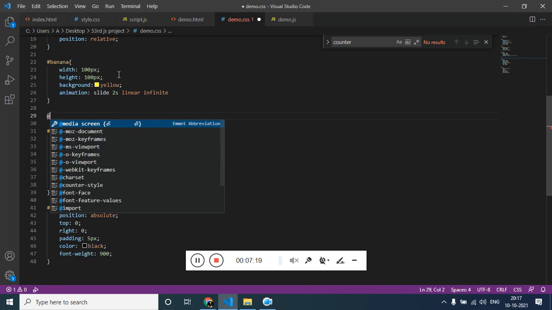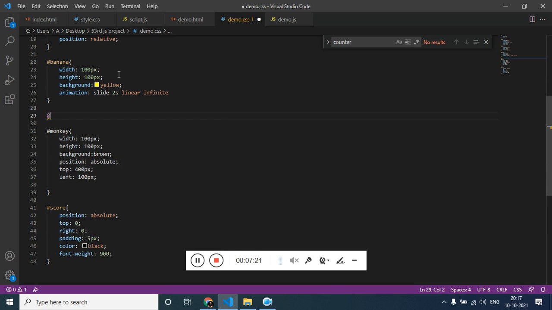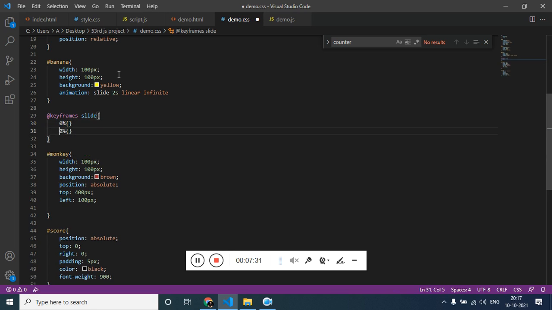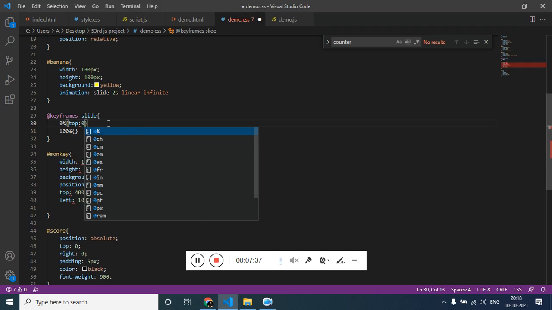So let's define the animation with at the rate keyframes, then on 0th time and on 100th time frame. So starting from top of 0 and it should end on 400 pixel.